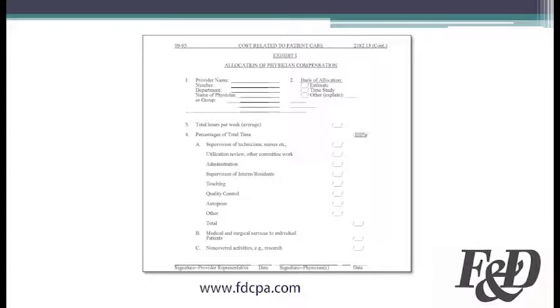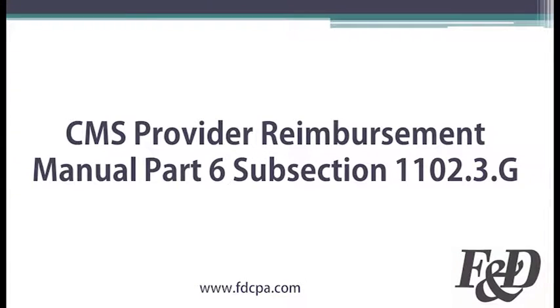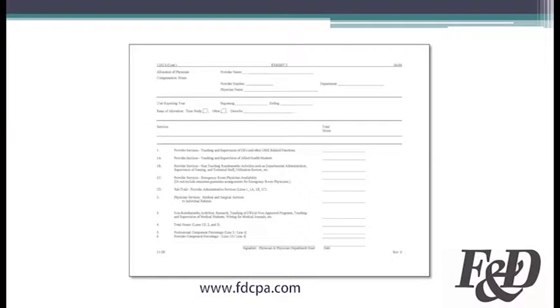and dates the agreement. Exhibit 2 is from the CMS Provider Reimbursement Manual, Part 6, Subsection 1102.3G. While I will not walk through this exhibit line by line, the objective of this exhibit is to furnish a reasonably accurate delineation of activities on the basis of an average work week. The data elements shown are physicians' hours of service, providing a breakdown between the professional and the provider component for intermediary and carrier use. You would prepare a physician time allocation for each physician by department who receives payment directly